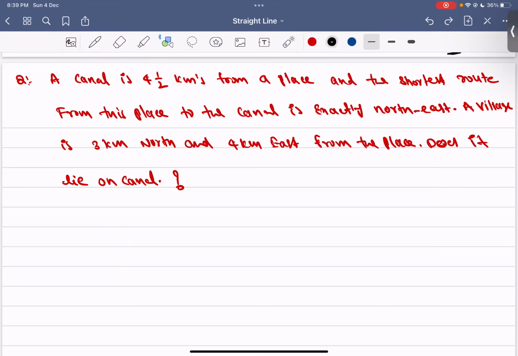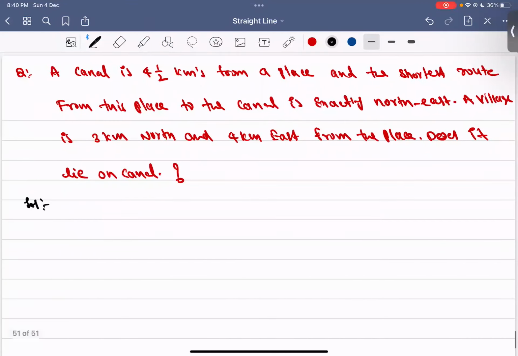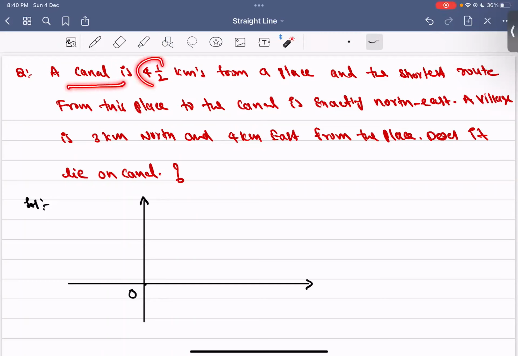Generally, what do we take as the reference point in coordinate geometry? Nothing is mentioned, just place is given. Starting point, what do we take in general? Reference origin. Yes, because this is the reference frame. So we take the place as the origin. This is the starting point generally. Now, see, a canal is 4.5 kilometers from a place, and the shortest route from this place to the canal is exactly